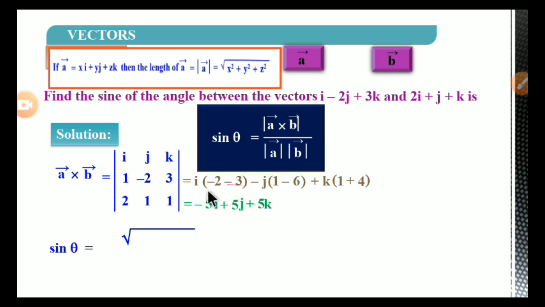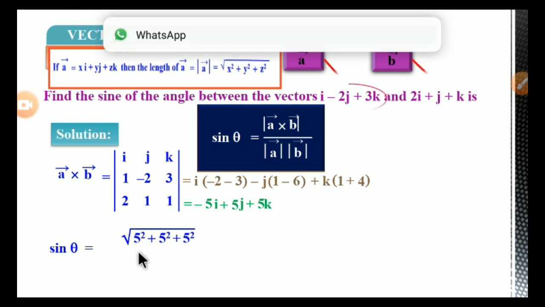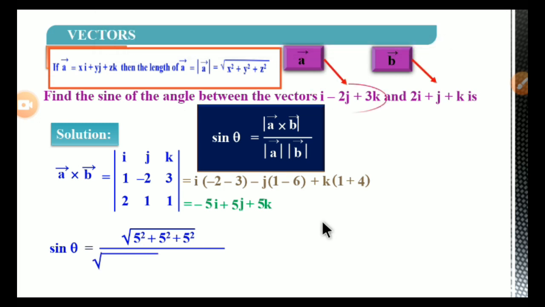So that we can consider this is A cross B. Right. So the magnitude will be pi square plus pi square plus pi square, because minus 5 whole square means minus square, which again becomes plus only. But here I have taken that as pi square only. So the square root of pi square plus pi square divided by the magnitude of vector A,